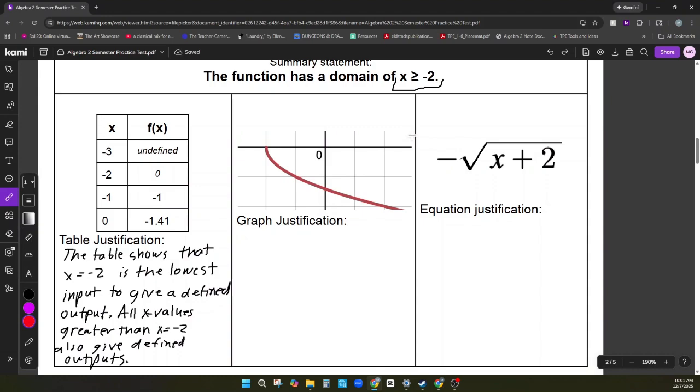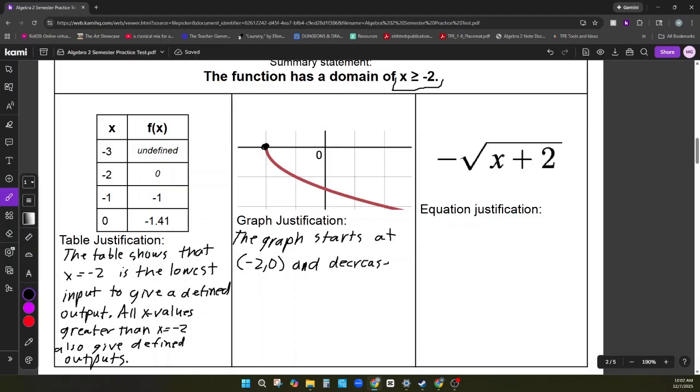As we look over to the graph, once again we're going to look at our x values. My graph actually starts on the x-axis at an x value. The graph starts at the point -2, comma, 0. Again, I'm referencing my value here. And what happens from there? The graph starts at -2, 0, and